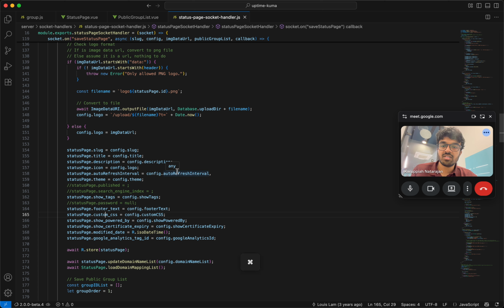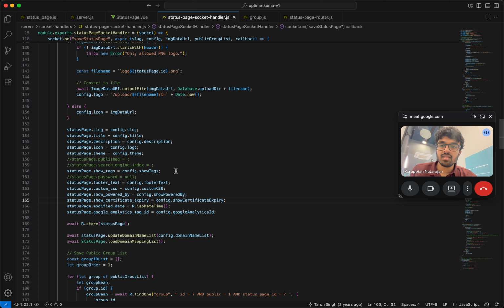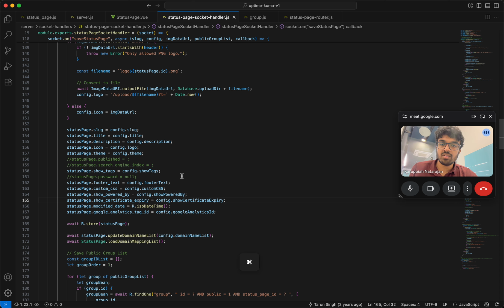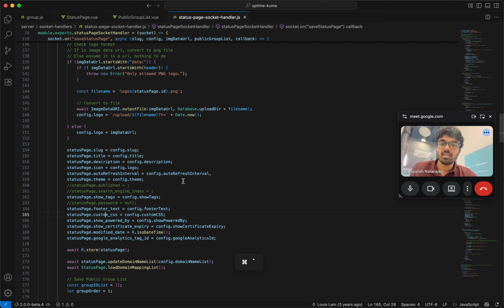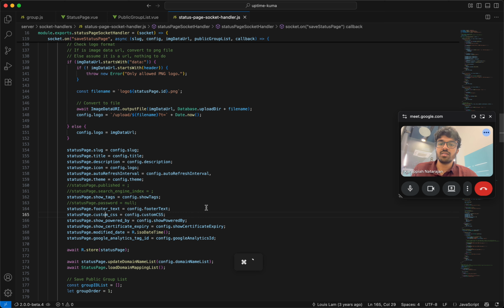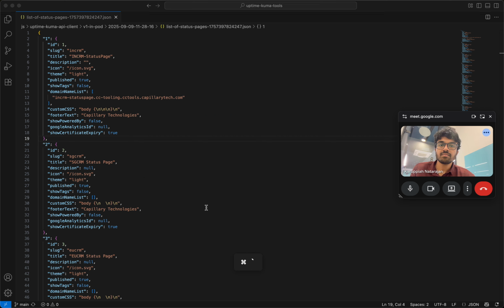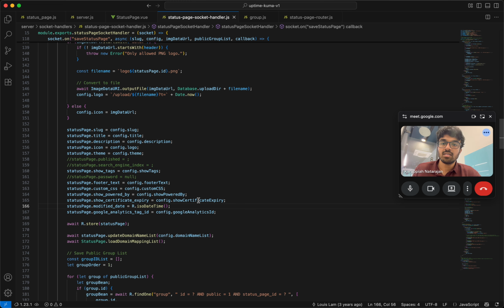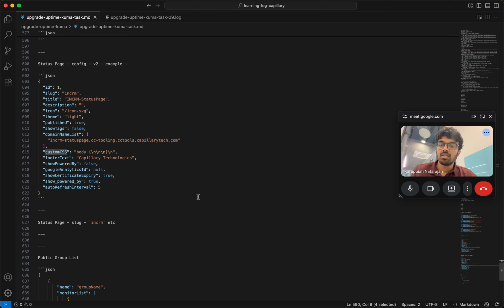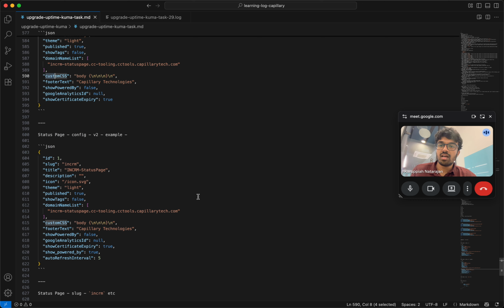There's auto refresh interval, and show tags is always there. Footer text, custom CSS, show powered by, and show certificate expiry, and that's it. Okay, so this is almost the same thing. So basically, you'll have